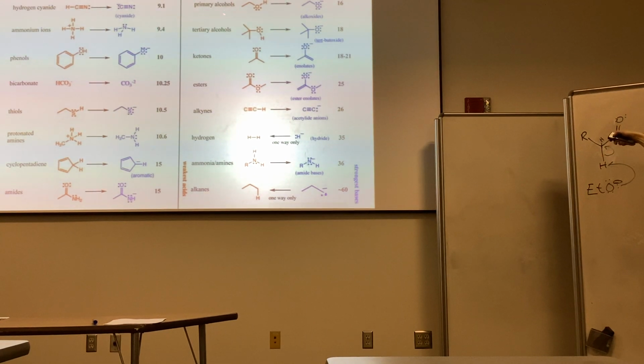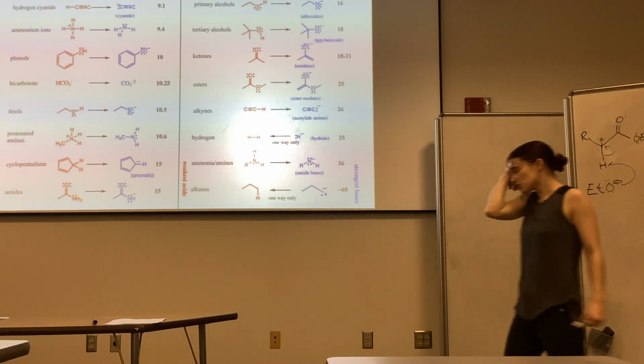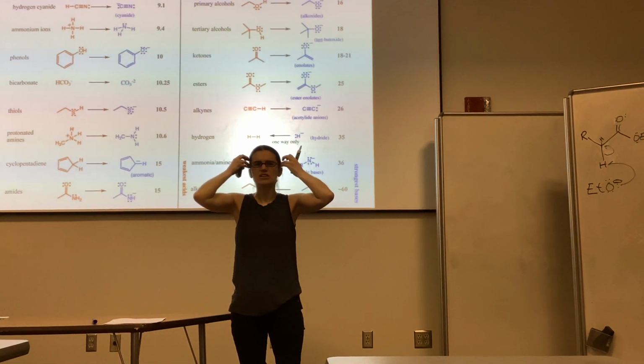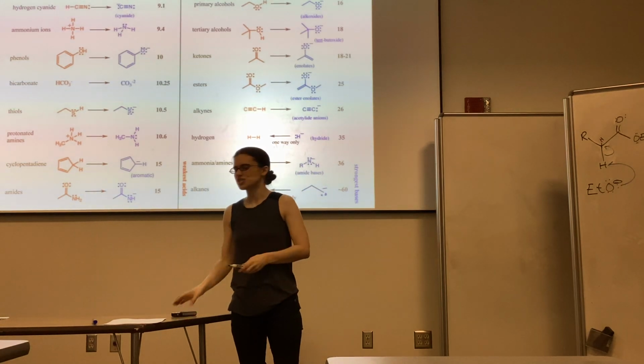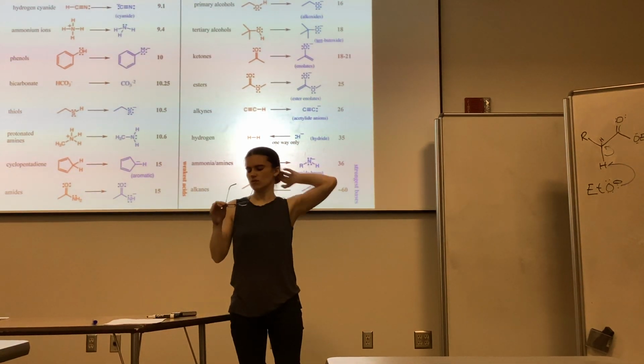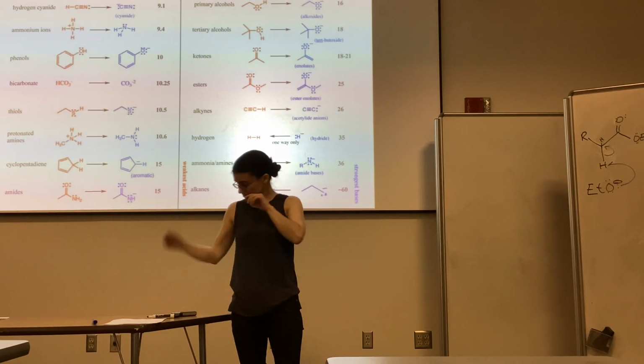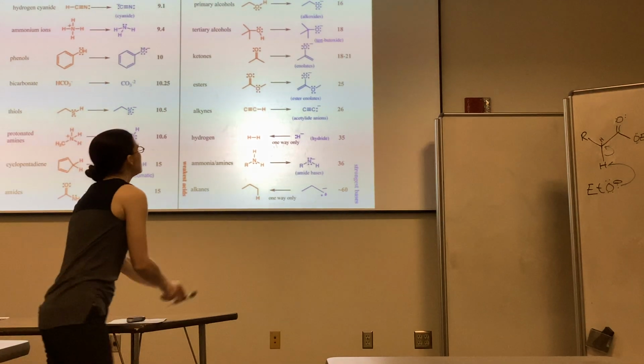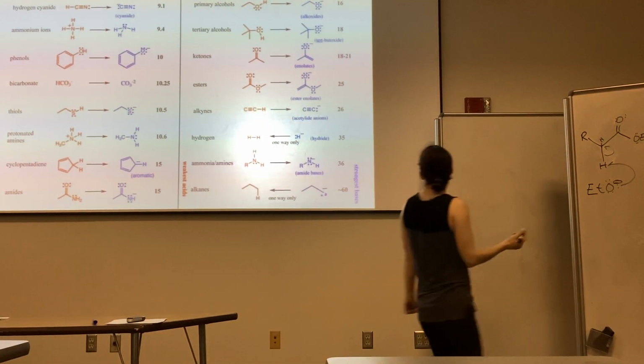So, primary alcohols, right around 16, 15, that area. Tertiary alcohols, all right, they're a little bit higher, but not by a ton. Ketones, they're 18 to 21, and then esters, they're 25. So they're a little bit higher. Part of the reason for that is, have you guys talked about electron withdrawing and electron donating groups yet? Or did you do that in OChem 1 at all? Okay, that's cool. It's generally an aromatic, like benzene thing, so we will talk about that. But let's start with a tiny little aside about it. So electron withdrawing is just when we've got